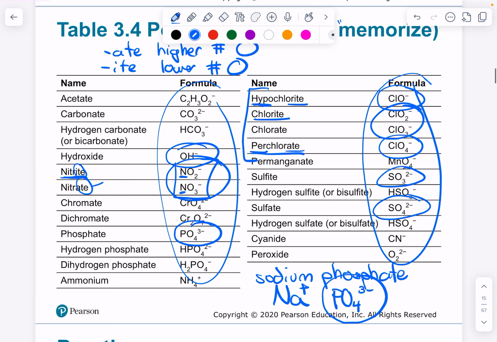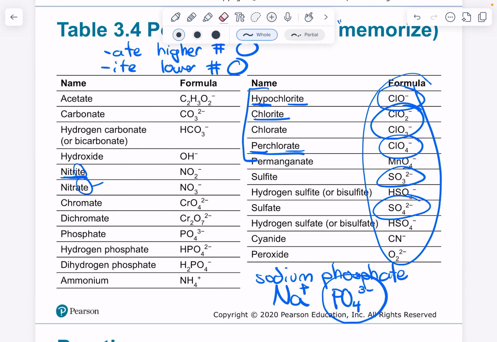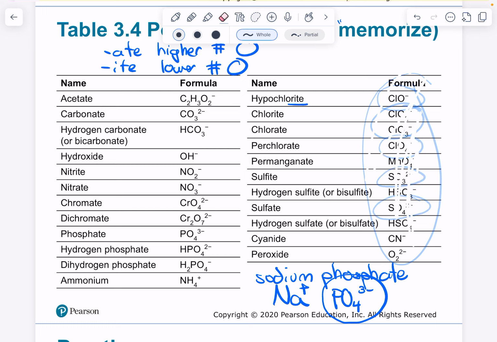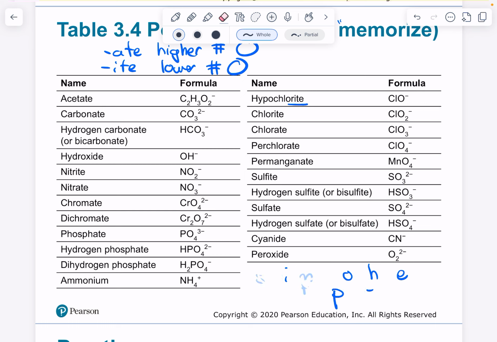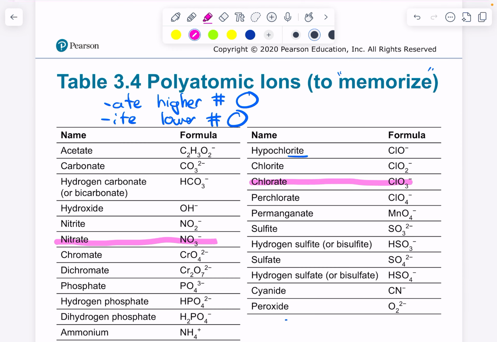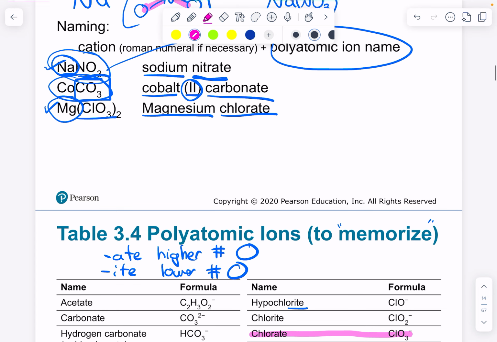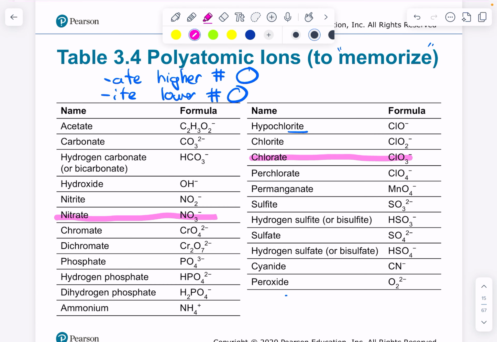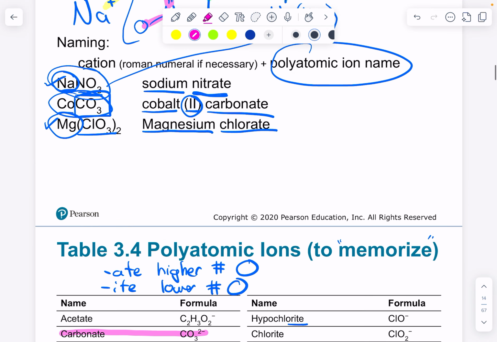So let's just go verify these on this chart here. Sometimes I write way too much stuff on here and have to erase it so we don't get confused. Okay, so the ones we just did were nitrate, NO3 minus. We did chlorate or chlorite? Chlorate, ClO3 minus, and carbonate, CO3 2 minus. Okay? All right, so for the cobalt